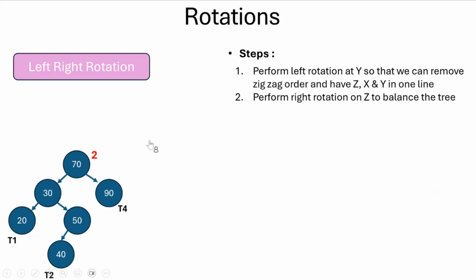So the balance at 70 is 3 minus 1, 2. So 2 is greater than 1, it means it is left imbalance. So y is the left child of 70, which is this. But at